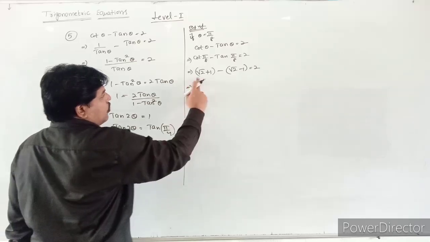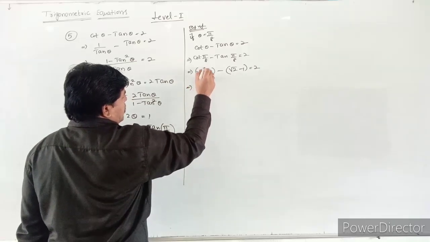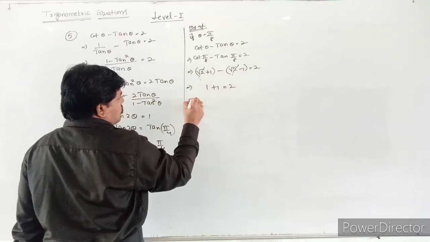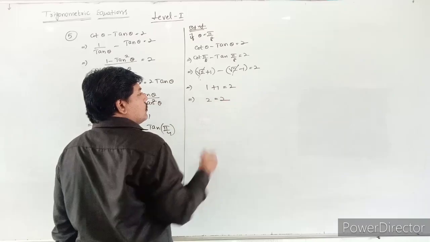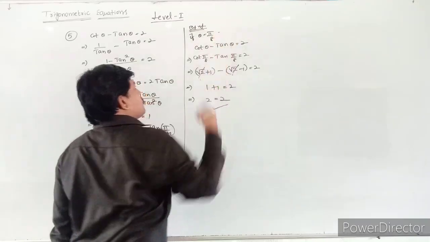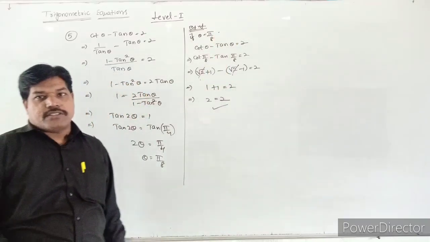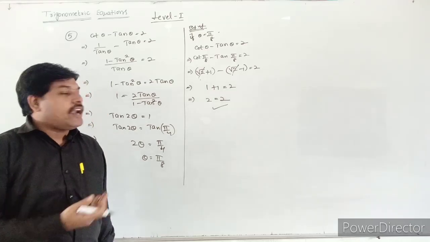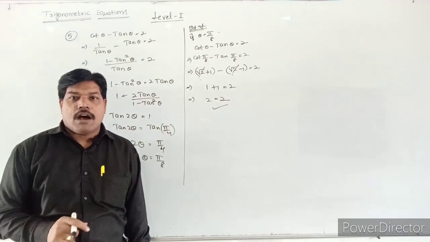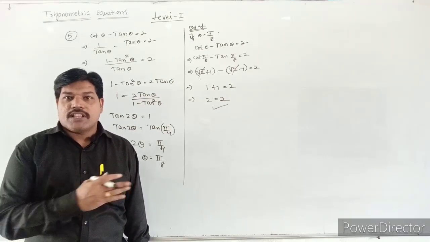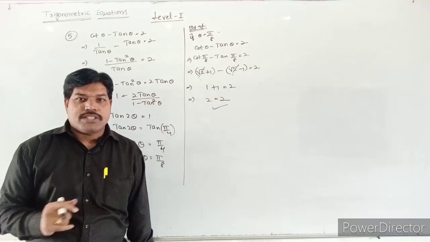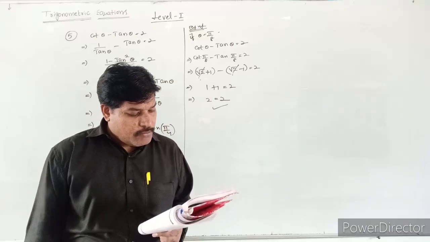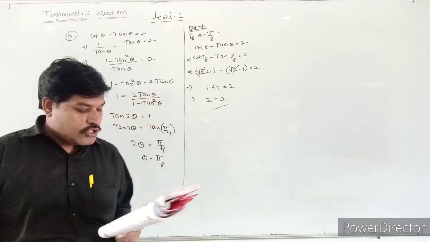What happens, students? Root 2 and minus root 2 will be cancelled. Then 1 minus of minus, plus 1, is equal to 2. So 2 is equal to 2. It satisfies. Therefore, the solution is theta is equal to pi by 8. In the second method also, you can calculate the theta value. If theta is pi by 8, then you can equate the LHS and RHS values. So in the verification also you will get the answer. See that question, students. See the next question, question number 6.